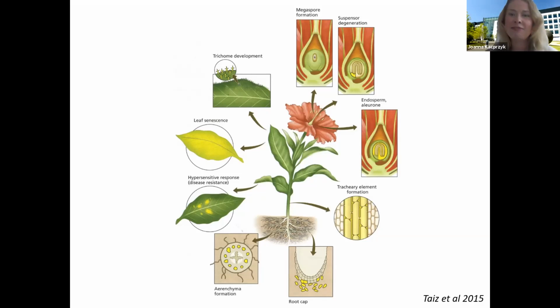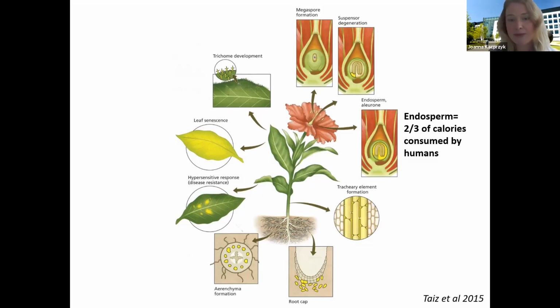If you look at plant life, starting from reproductive development and seed formation, the development of the multicellular organism and interactions with the environment, PCD is part of these responses. For example, during seed formation in cereals, there is a part of the seed called endosperm, and endosperm formation relies on programmed cell death. This is a big deal for us humans as well, considering that two thirds of the calories consumed by humans worldwide come from endosperm. Mind-blowing number.